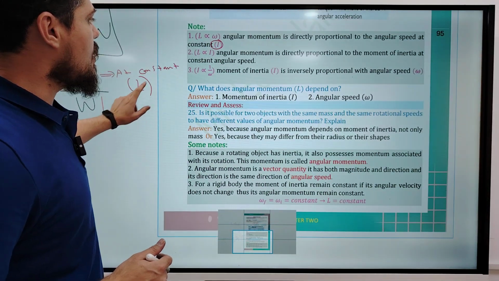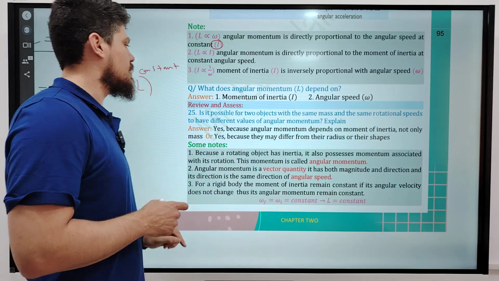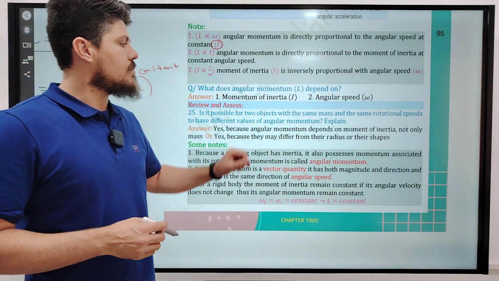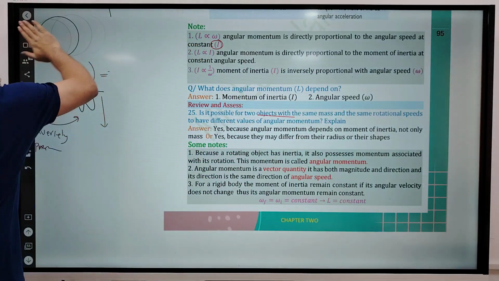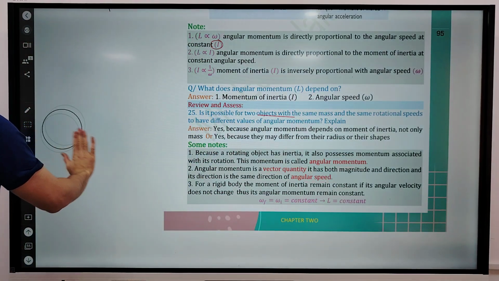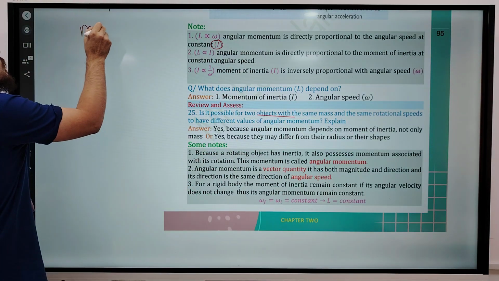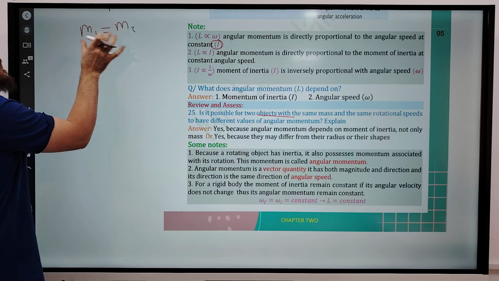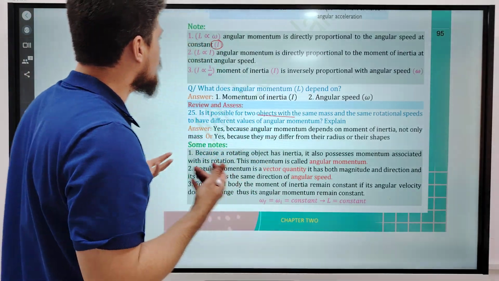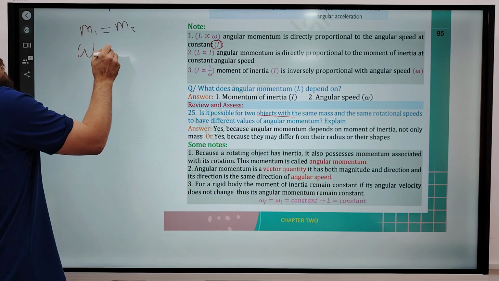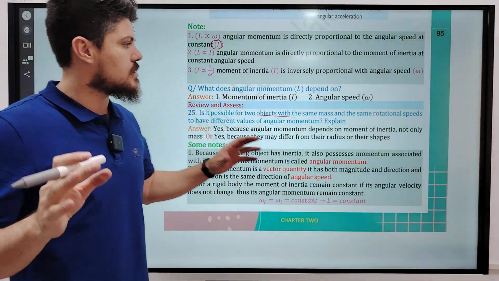What does the angular momentum depend on? As I mentioned before, moment of inertia and angular speed. Is it possible for two objects, two objects with the same mass, M1 is equal to M2, and the same rotational speed, omega 1 is equal to omega 2, same mass, same angular speed,